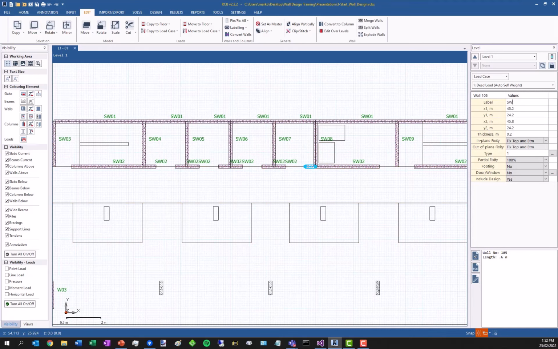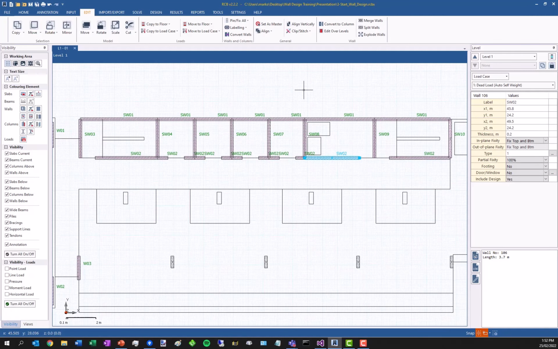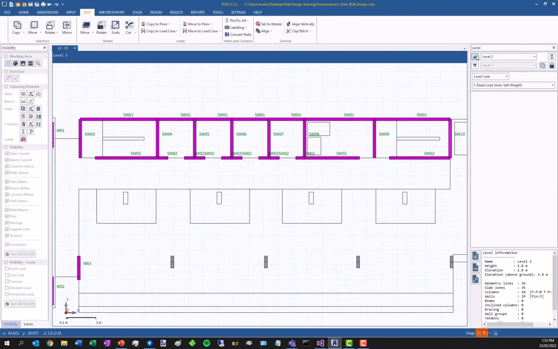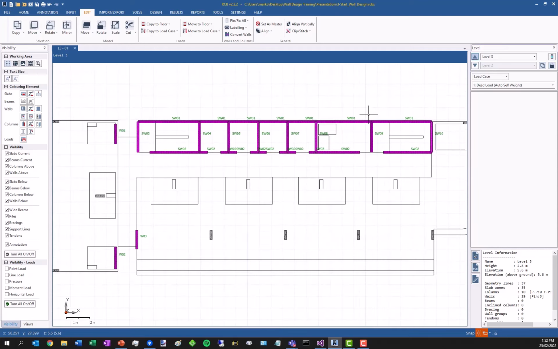I'll just put the label in manually. What the labeling tool is doing is it just changes the label property of the analytical wall element. And if we go up a few floors, we can see it's been applied to all walls, so we don't need to check in plan wall by wall. If there was something wrong with our labels, our elevations wouldn't look correct inside the wall design when we opened it. So labeling is done, and next is probably the most important step of the